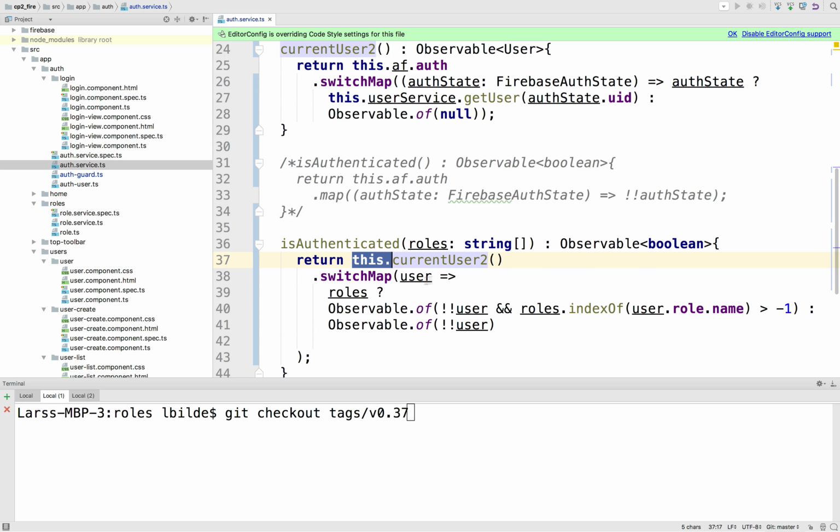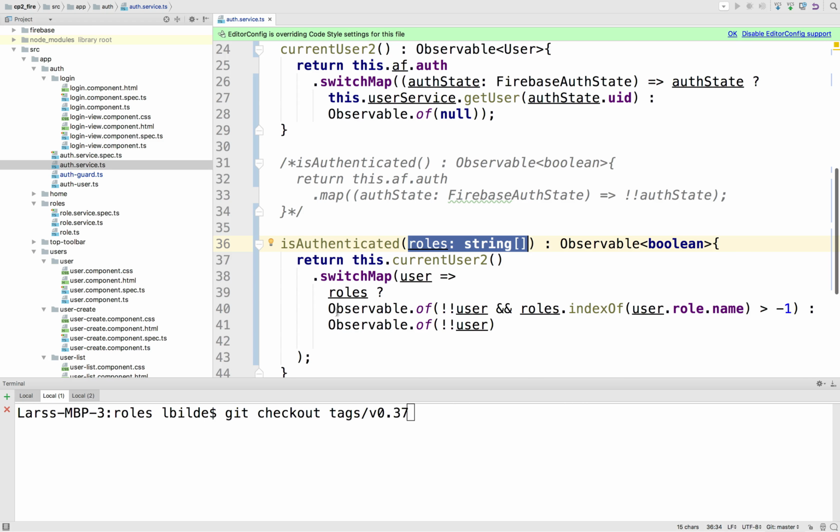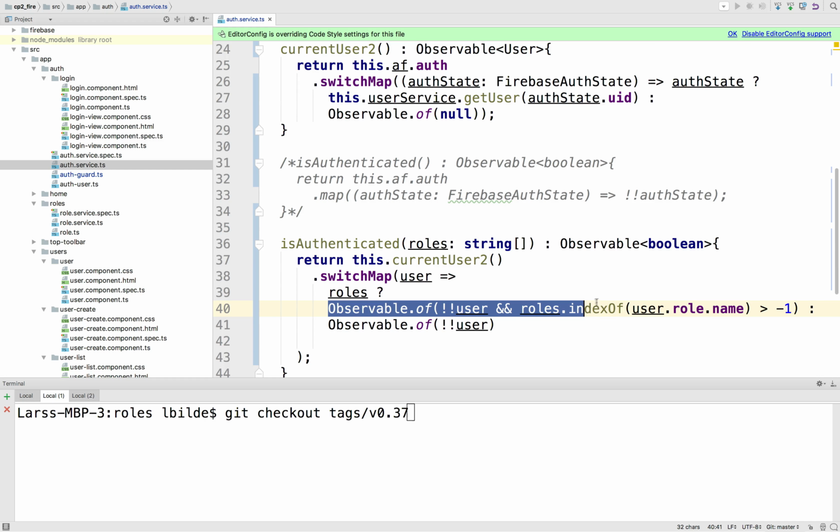And all we have to do now is using again a switchMap, because I don't want to return this observable. I actually want to create a new observable, which I'm doing down here, and return that one. So what I'm doing is I'm saying, take the user you get from the first observable, pass it on to the second observable. And then that user, we're going to say if there are roles sent from the outside, meaning that if I'm actually sending in roles here and not just a null value, so if I'm sending in roles like I'm doing right now, then if there are roles, then go in and say if the role is actually inside the role of the user, this guy right here, if he's an admin for instance, and that's inside the list of roles,